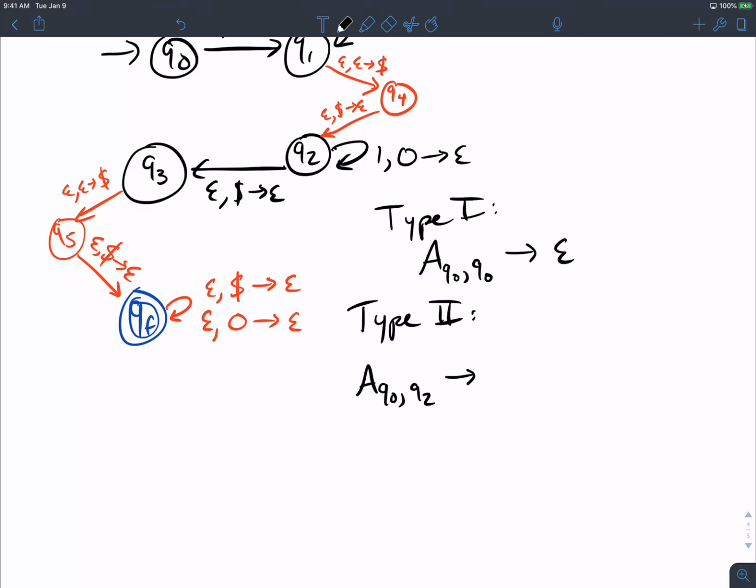So how do we get from here to our intermediary? Well, the state that was said was Q1. If we know how to go from our home place to Q1, and if we know how to go from the intermediary place to our destination, then we know how to go from the start to the end. Okay? Does it at least make a little bit of sense? Any questions about type 2 rules?